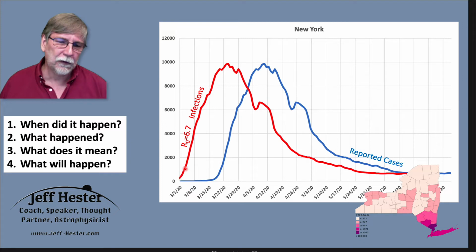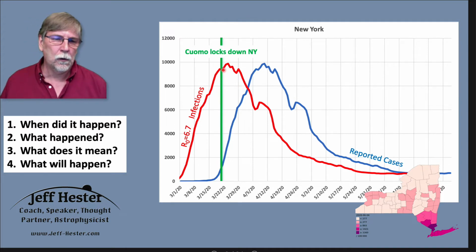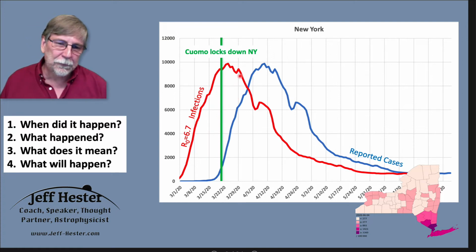Anyway, number of infections. The number of infections are skyrocketing. Something clearly happened in here. And the answer is, yeah, it did. Right there is where Cuomo locked down New York. So what happened after that? Well, what happened after that is the number of infections started falling. And this is kind of fun because the number of infections started falling. If you ignore that kind of blip right there,